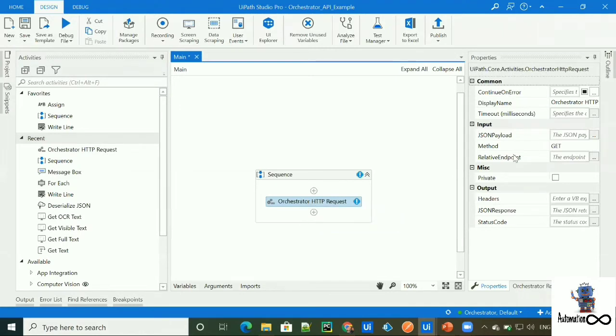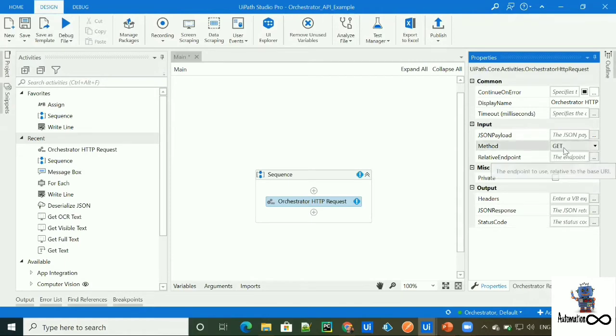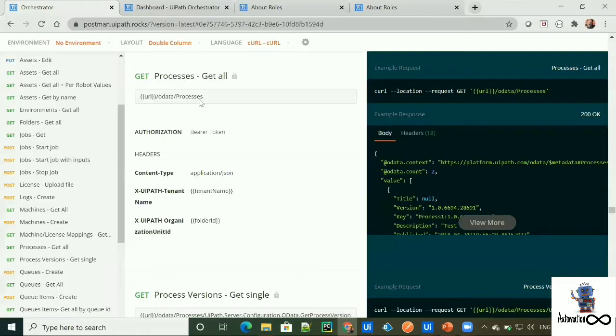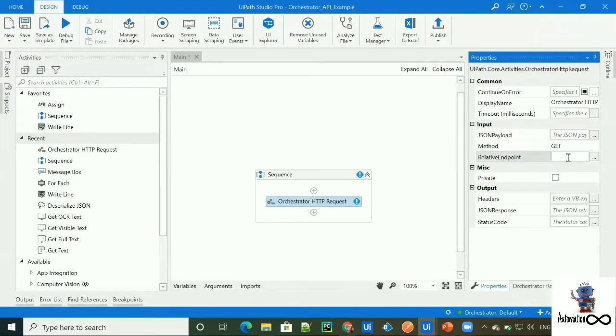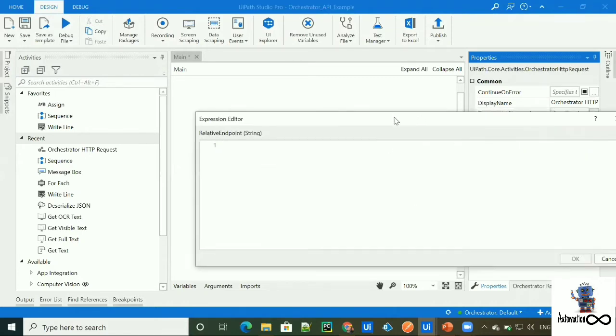The input for this activity will be a method, get, which is the default method selected here. And in the JSON payload, we don't need to give anything as we are getting the response from this activity. And the relative endpoint will be this.